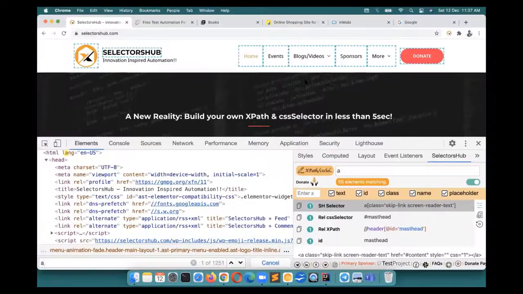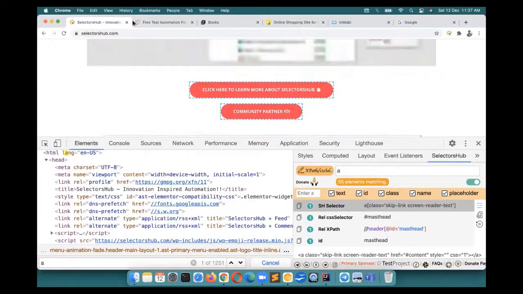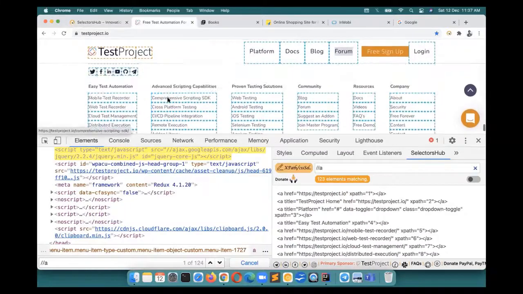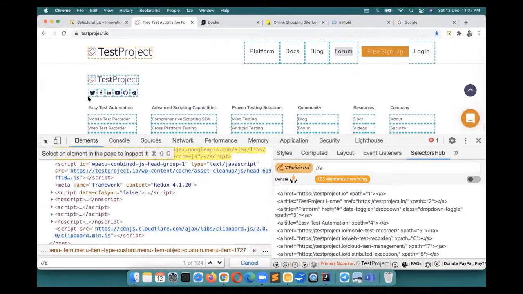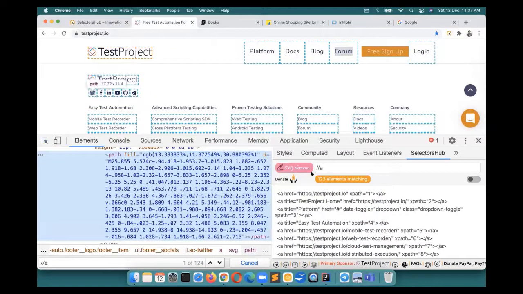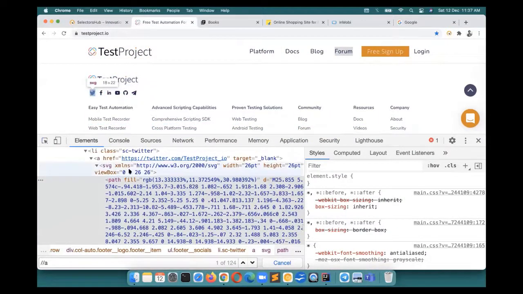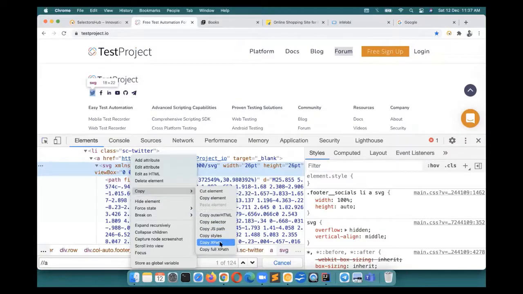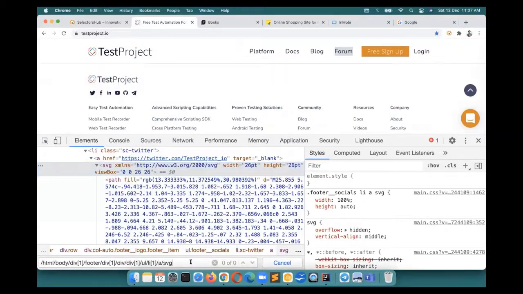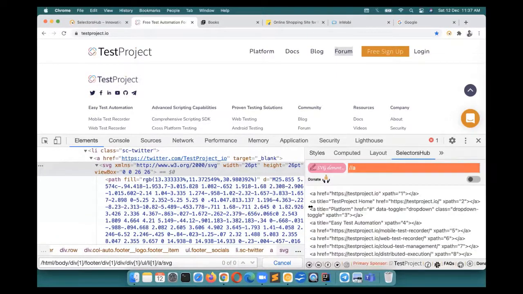Then there's a misconception about SVG elements. If you inspect this kind of element here, you see this is an SVG element. If you right click and copy this XPath and paste it here in Chrome DevTools, you see that it is showing 0 of 0. This is not the right pattern actually for an SVG element XPath. This is a wrong pattern. I'm not sure how many of you are aware of the SVG XPath pattern.